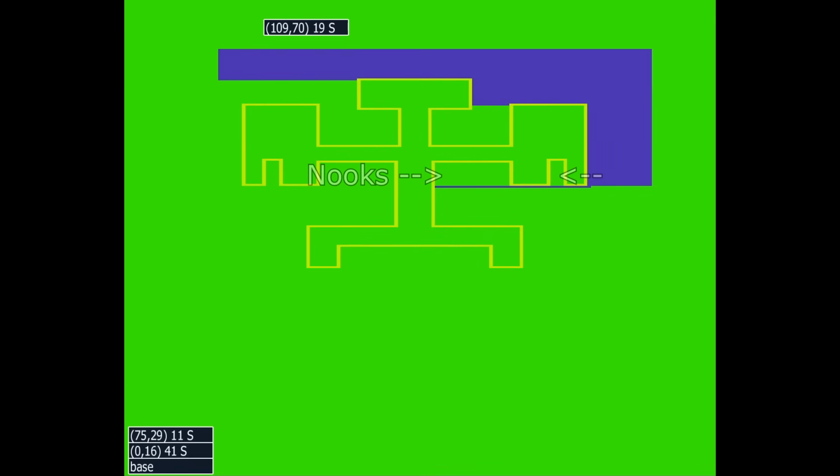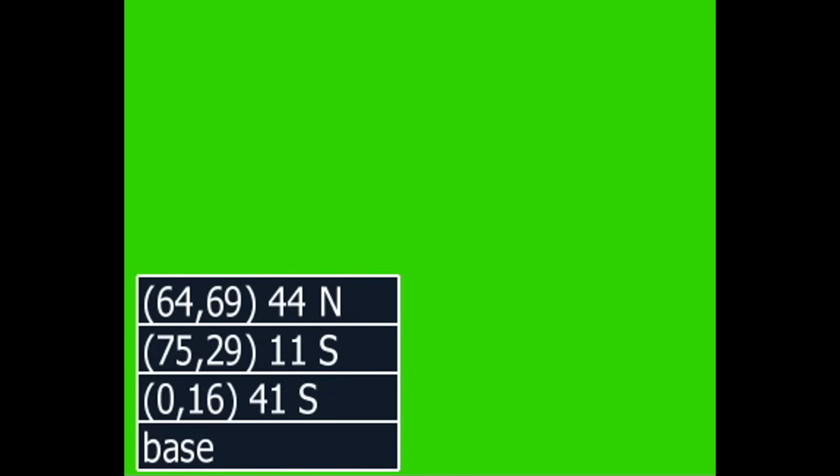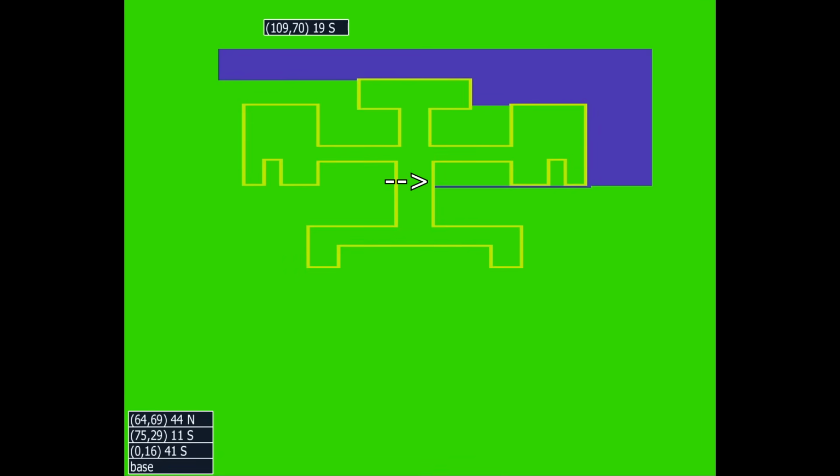So before paint line will extend the current line to the right, it's going to add a work item. A work item to go in the opposite direction, to go back up north, starting here. When we get to that work item, then we'll see if there really was a nook for us to do some more painting. But it's not time to do that yet, because we still have to extend the paint line to go to the right. And when we do that, we add the usual work item to continue going south from there. So we just continue on going south on our merry way, keeping that work item for later.